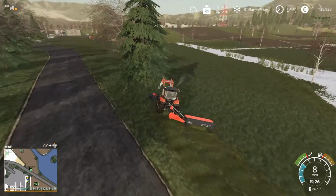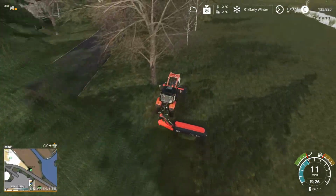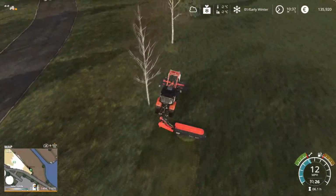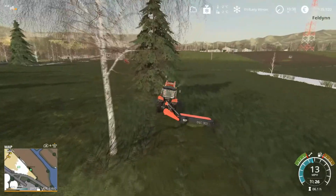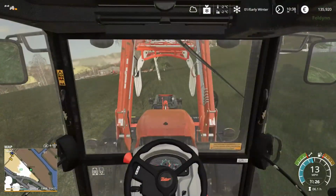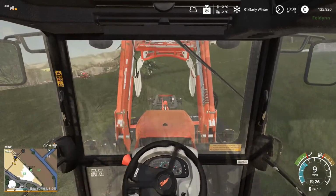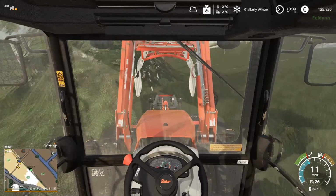Let's avoid this tree. Lovely. And avoid that massive tree. But yeah, certainly on the flat we're going great guns now. That's very nice. I am very pleased with that. Okay, now whether or not we continue and do more than this one baling contract, oops, nobody saw me hit that tree. Yeah, whether we do another contract or not, I'm